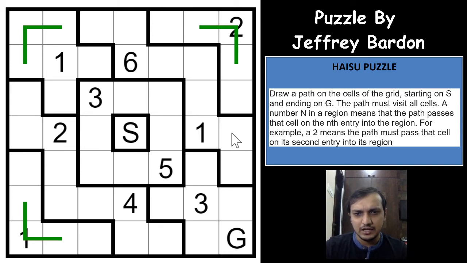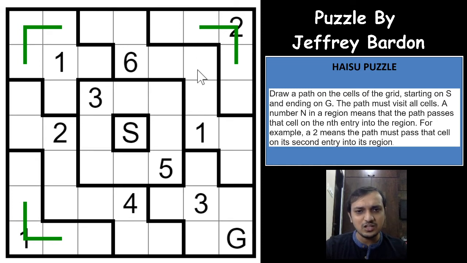At least one entry, which means that you have 1 2 3 4 5 6 7 8 9. So this and this cell will take 2 cells, which means that we have 7 cells and we have 6 entries now. Now if you see, this cell again will have to use one of the adjacent cells in the same region. What happens if it doesn't use that? You form a small closed loop here, right? Which is again not possible.